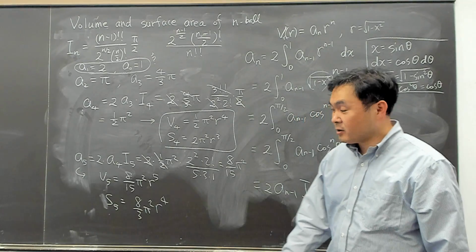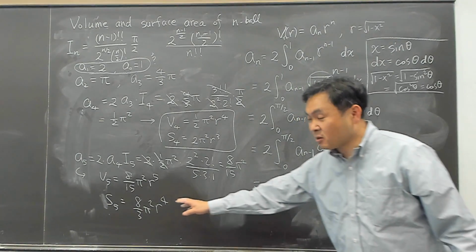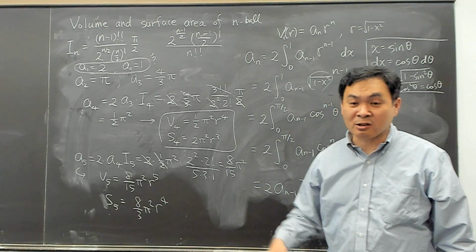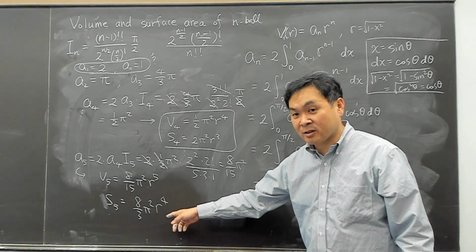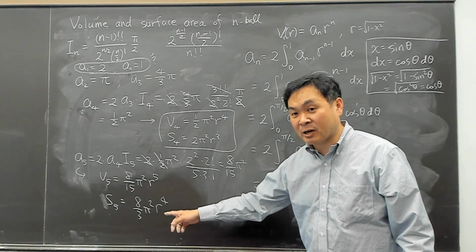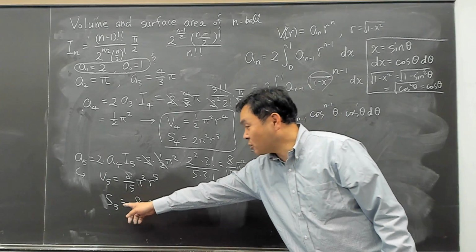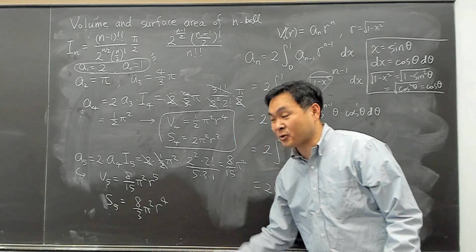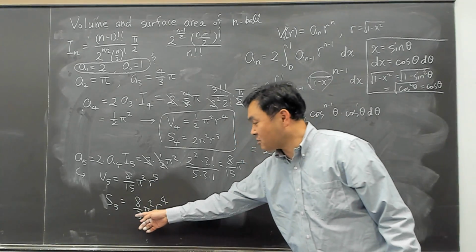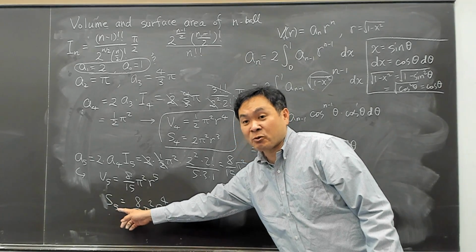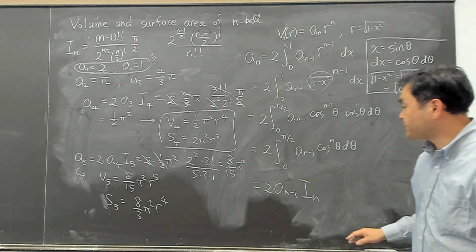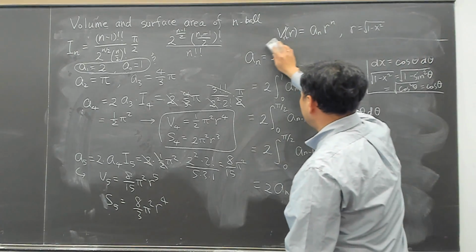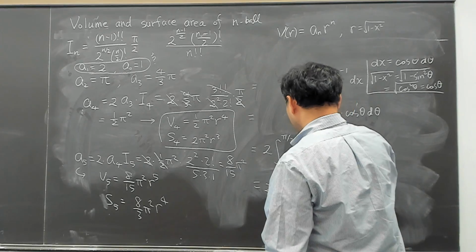I'm saying this because if you try to compare the result that we had with something in the literature, you might find that the formula is off by 1, and the reason is this. I'm writing this as S5, but the actual dimension of this object is 4. So in some formulas this will be something with the subscript 4 rather than 5. All right. So once you figure out the formula,